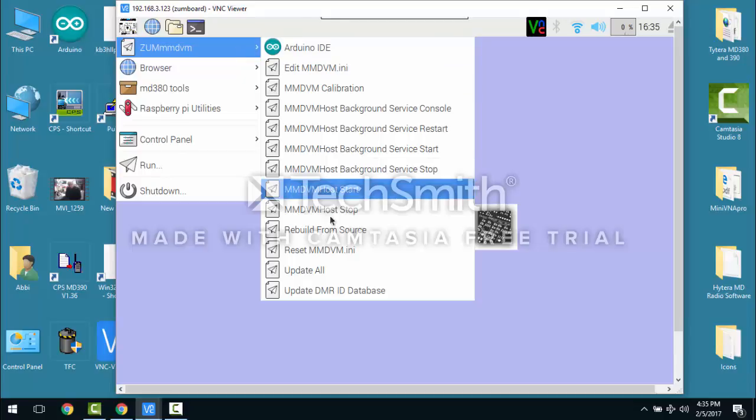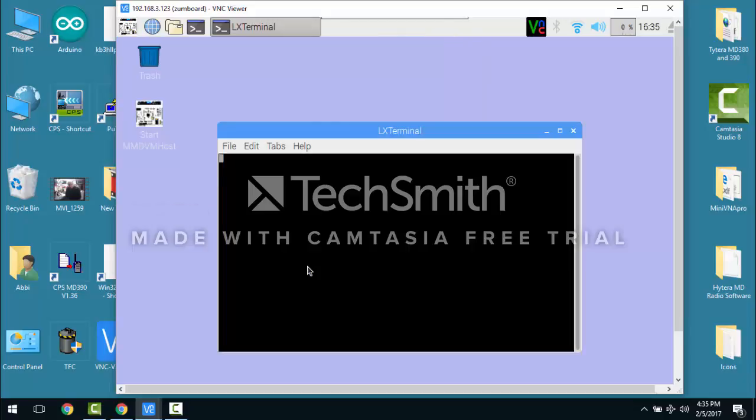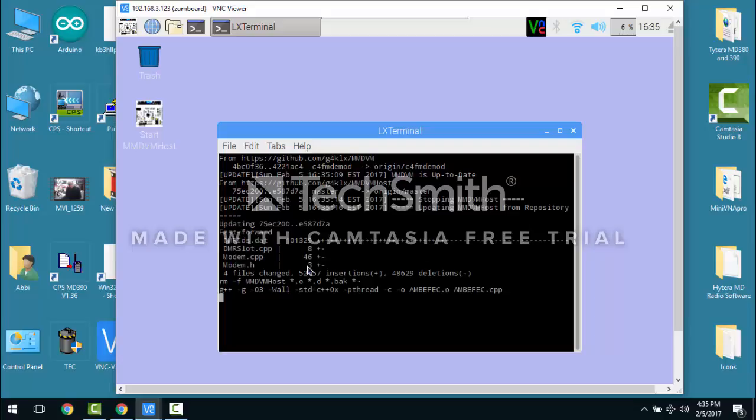And the next step you're going to initiate is, what I would do is the update all feature here under the ZUM modem section. When you do an update all, what it's going to do is it's going to talk to the GitHub, and it's going to get the latest, greatest code. And here we go with the latest, greatest code. Here we go. It's downloading it,